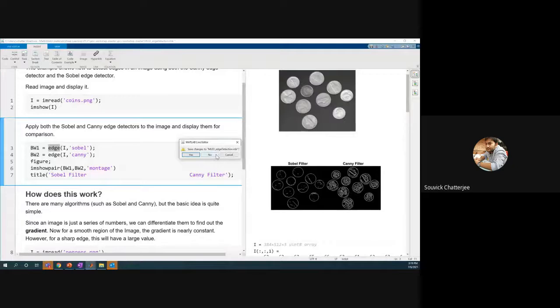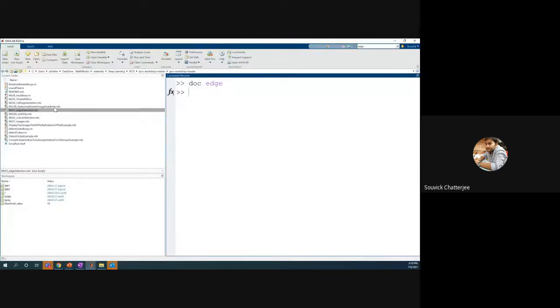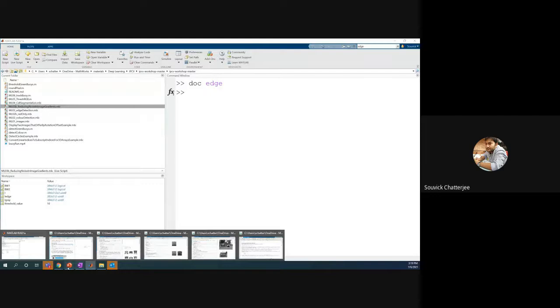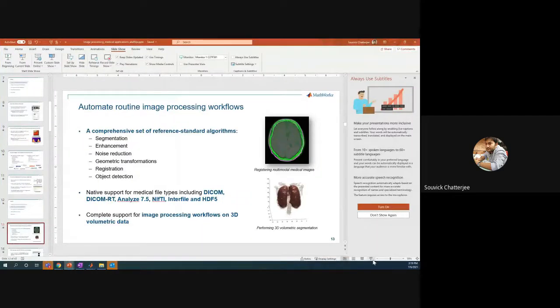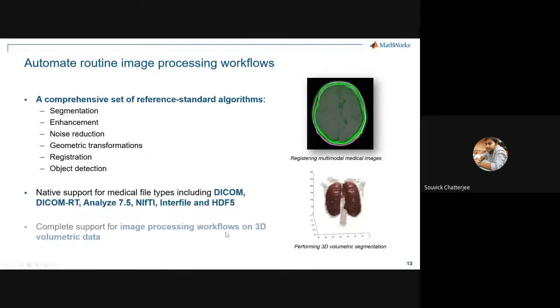Okay, so this is one of this. Let's go and see what else we can do. Maybe I'll take over a medical application now. Let's see one of this in the slides area, what it refers to in terms of whenever we are doing image processing, right? So whenever we are doing image processing, we might need to do edge detection, which is part